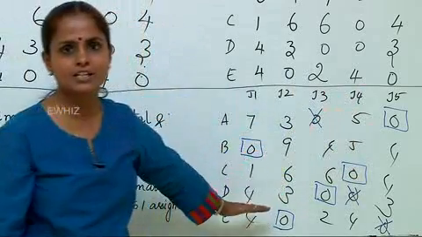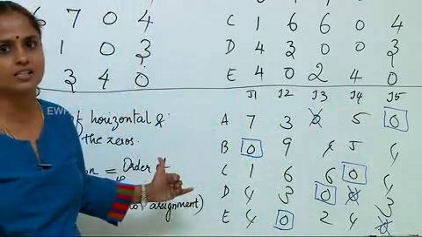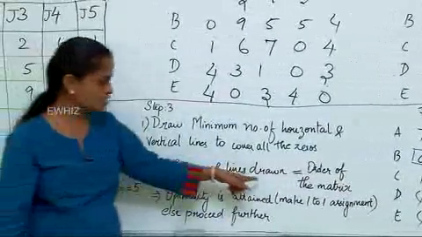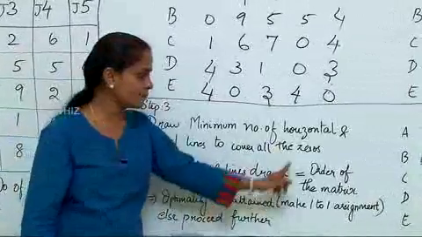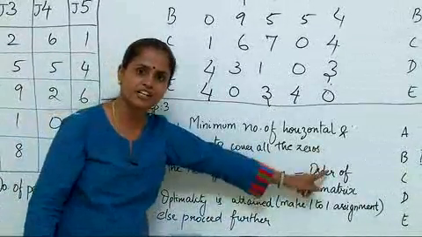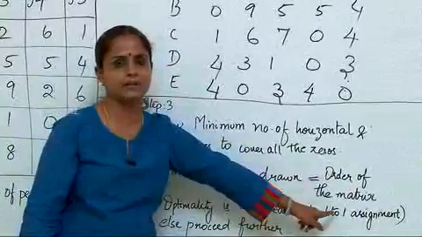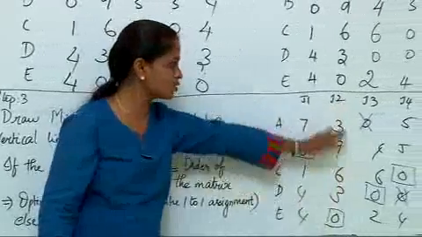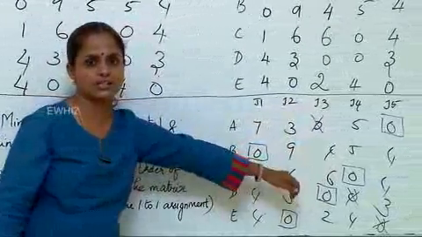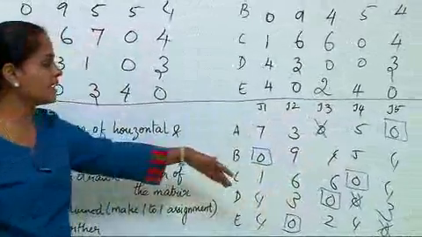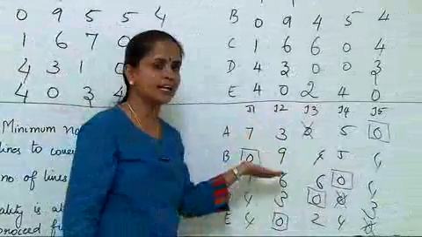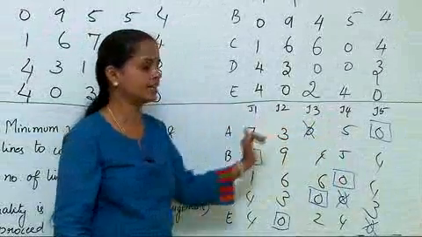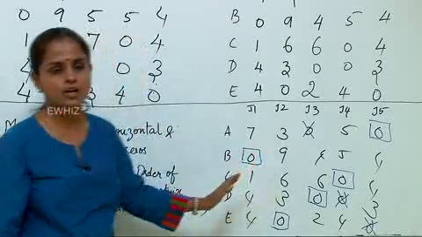See, if one-to-one assignment is possible, definitely the reverse also holds. The procedure states that first you draw minimum number of lines to cover all the zeros. If it matches with the order of the matrix, then definitely you will land up in one-to-one assignment. But anyway, we are going to draw the line and show the assignment schedule in the same table. So nobody will be able to make out whether you have drawn the line first and then encircled the 0, or whether you have done the encircling first and then you drew the line. So, don't bother about it.